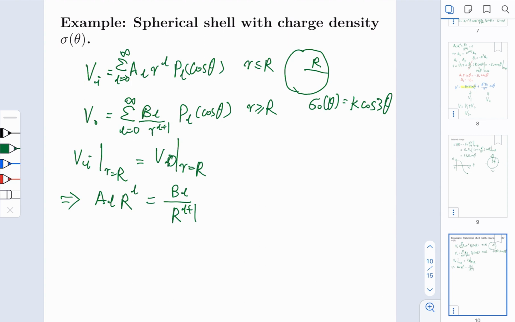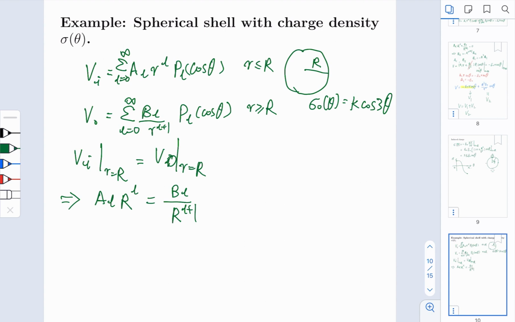So here at R equals R, the boundary condition claims that the inside potential must be continuous with outside, and what we arrive at is that AL R to the L equals BL over R to the L plus 1. But does this look trivial to you, or would you say that there are actually more subtleties in this conclusion? I would say that there are some subtleties in this derivation, because when you are trying to relate